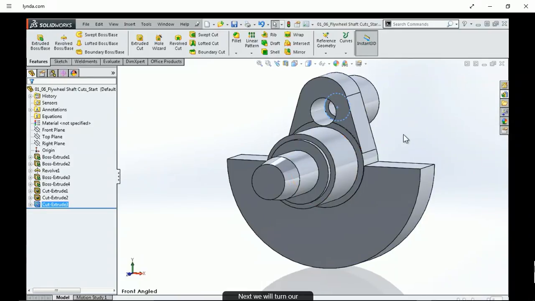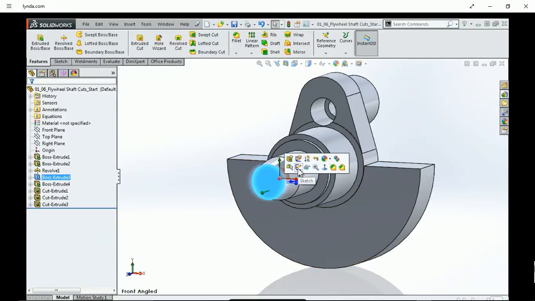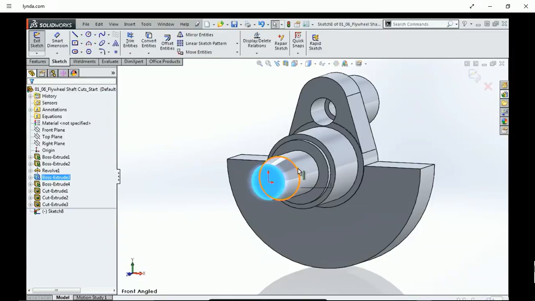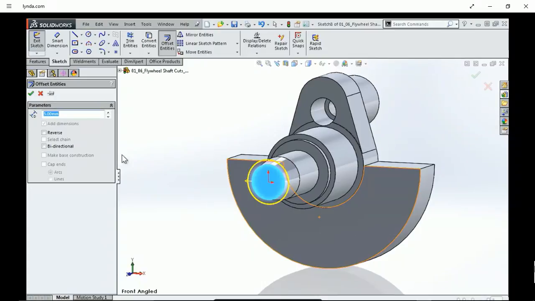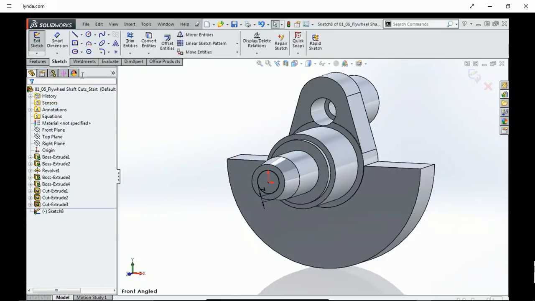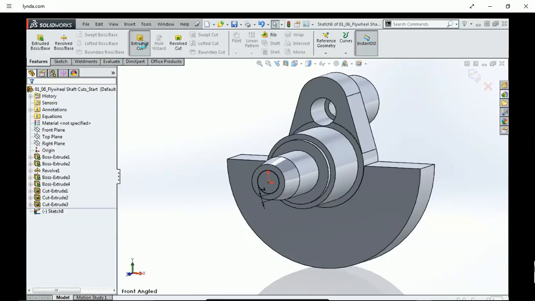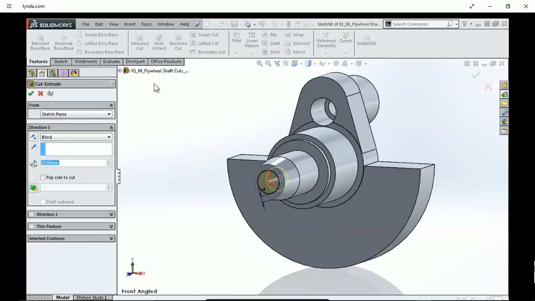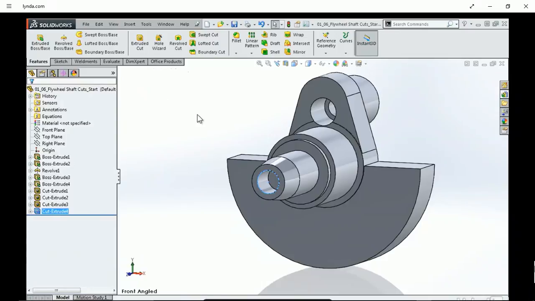Next, we will turn our attention to the front shaft. Select the front face of the front shaft and start a new sketch. Select the Offset Entities command. Use an offset of 7 millimeters and reverse the direction. Complete the Offset command. Select the Extruded Cut command and set a blind depth of 30 millimeters. Complete the command. We will wrap it up with that, and I'll see you in the next video where we'll